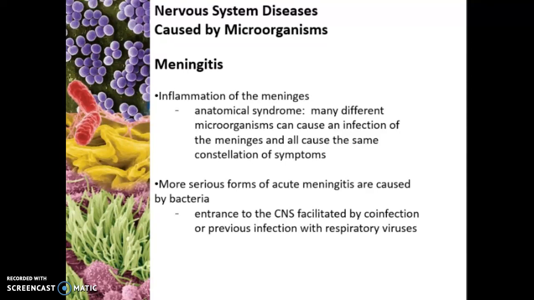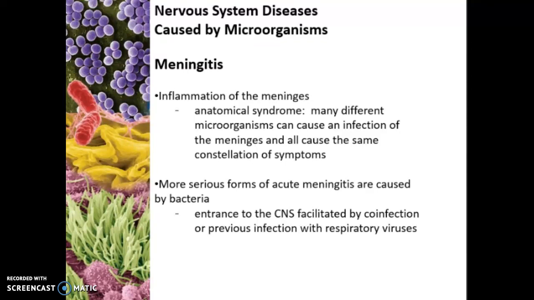And usually the organism makes its way to the central nervous system through a previous infection in the nasal cavity, whether it is a sinus infection, maybe an ear infection, but probably a sinus infection,